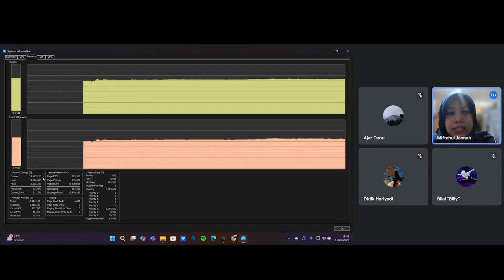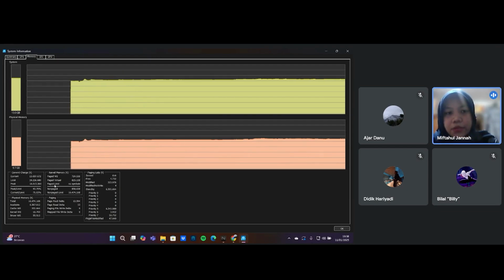Current is the amount of virtual memory currently allocated by the system, and limit is the maximum amount of memory that can be allocated by the system, determined by the size of the page file and physical memory. Peak is the maximum amount of memory ever allocated during the current Windows session.